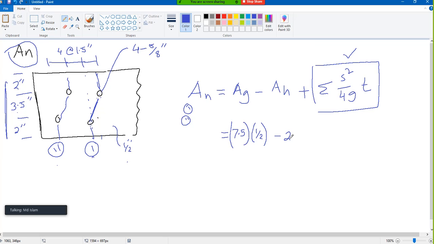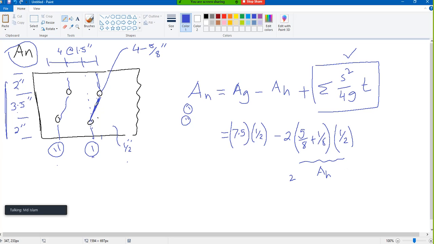So 2 holes. Now how to find the hole area? Diameter of the bolt. So what is the dia of the bolt? Dia of the bolt is 5/8, plus some wiggling space for the hole, times the plate thickness. So hopefully you understood this component. This is just the hole. How many holes? 2 holes. Then